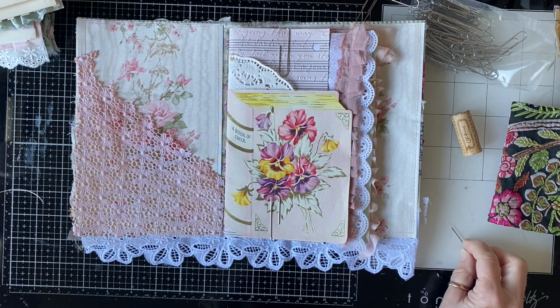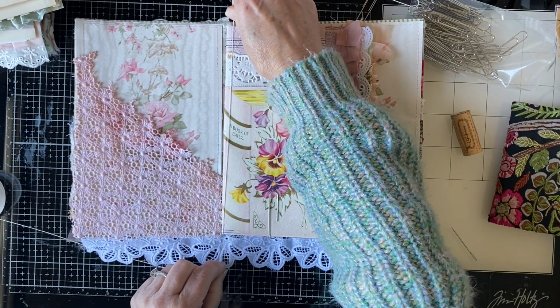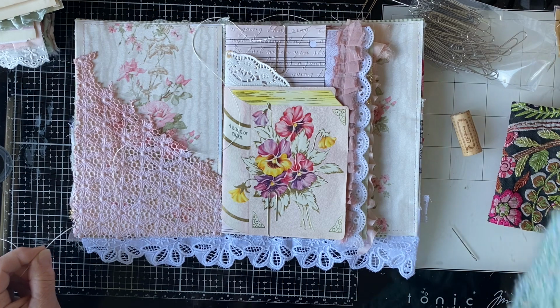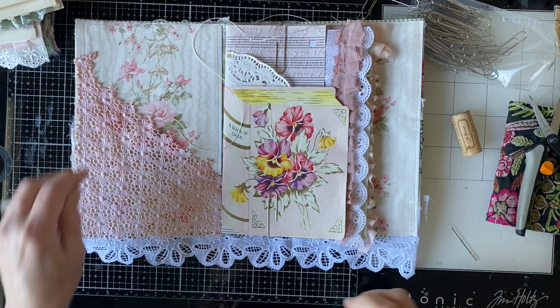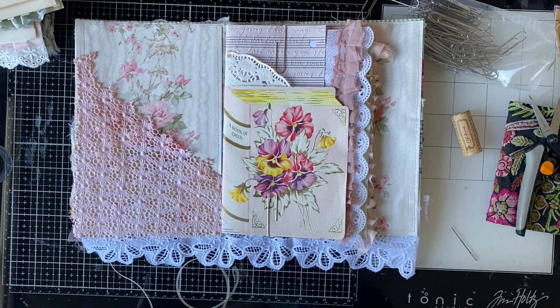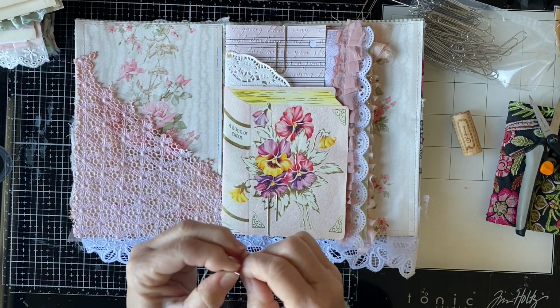but that's okay. Right, I get my thread and I sort of measure it by one, say twice and a little bit more. That's more than enough, depending if you want strings hanging down. Haven't really thought about that. And then I run it through my wax, and that just makes it grip when you tie it, and so your knots stay nice and firm. So it just gives them a little bit of grip. Thread the needle,